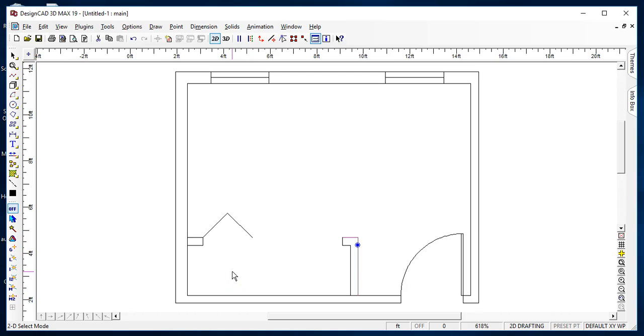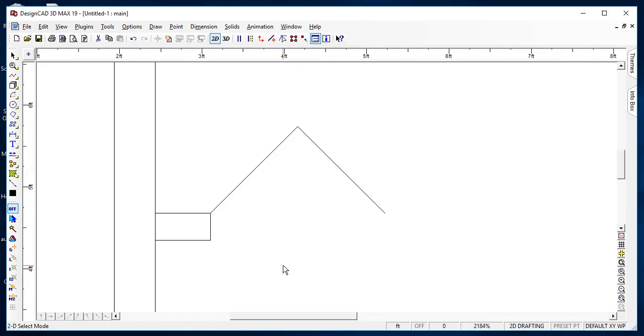But again, let's make this a little bit more pretty. We're going to grab the zoom tool so we can draw a box around this and zoom in. Zoom window tool, I believe it's called. It was this one right here. Yep, zoom window. Now, we want these to also be 1 inch thick, so we're going to grab that parallel tool,